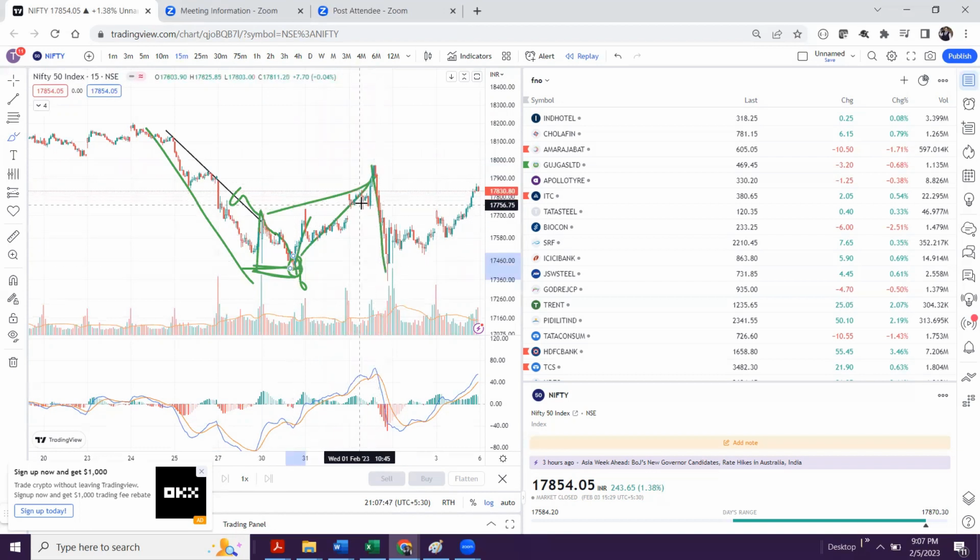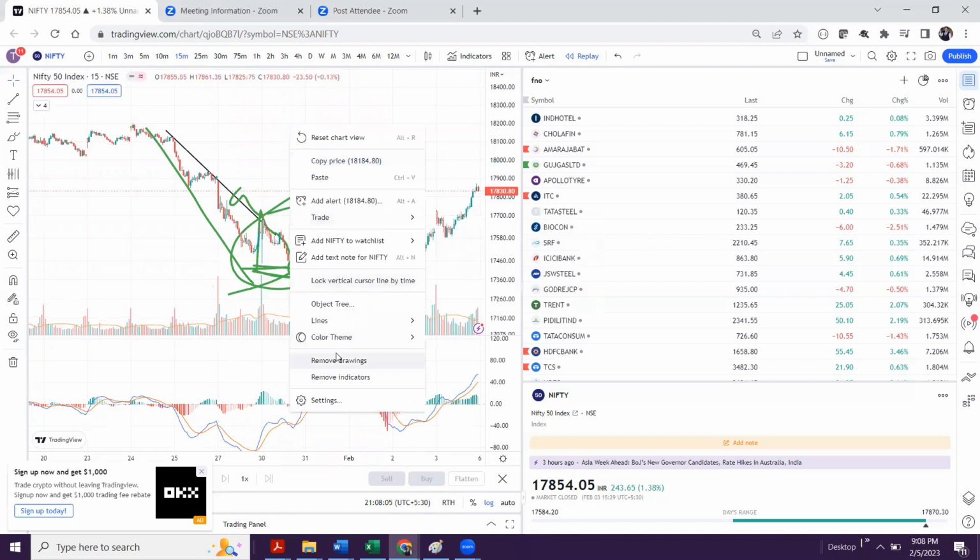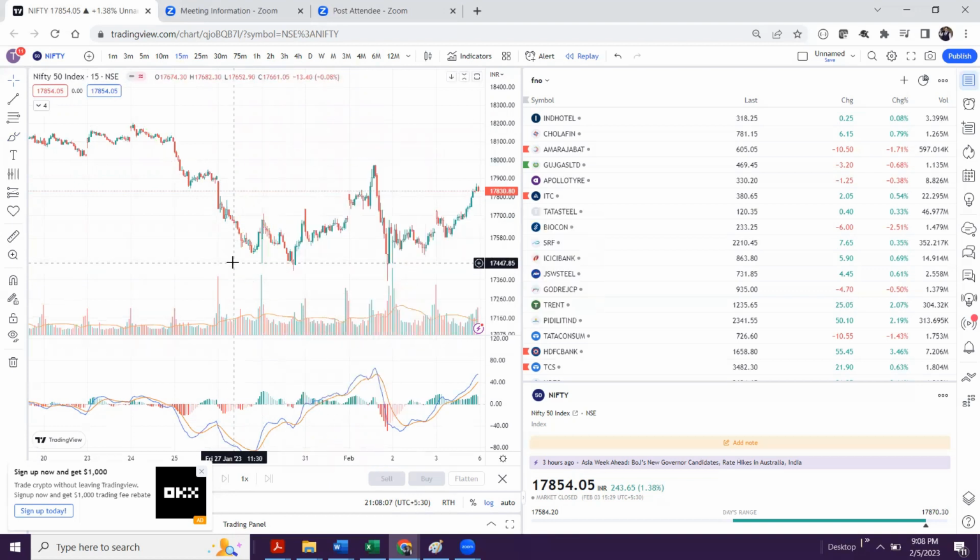Many people think it is because of some news on the budget, but looking at this price action, it is clear that this is a corrective structure and more fall will be coming. So there was no surprise when this move came. And if you clearly see, this move exactly broke this low.